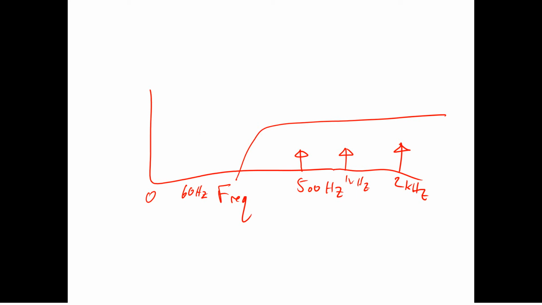The other way is that you could do band pass filtering. You could say, I'm going to detect each individual light source, and this is sort of what's needed for the open source project. I'm going to make a filter to detect just 500 hertz, just 1 kilohertz, and just 2 kilohertz.